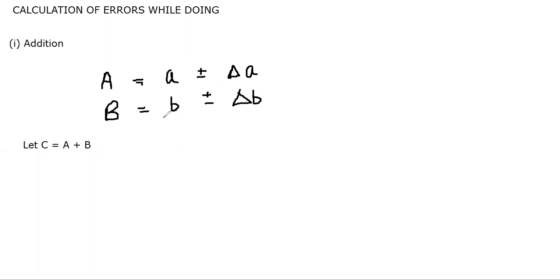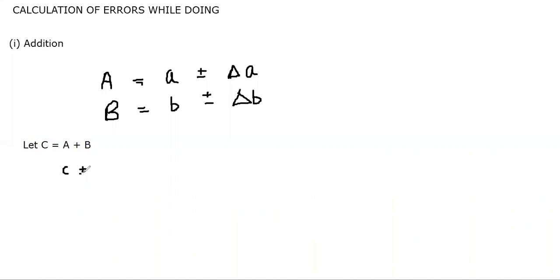Similarly, B has a true part and an error part. So similarly, when I add A plus B, it would have some real part and one error part. So similarly, this C, that is the answer of this question, would have two values,